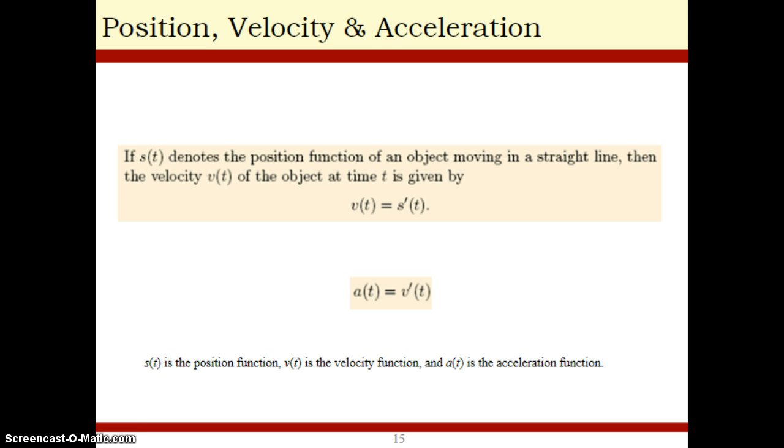Basically, if you have a function such as, I know I keep using this, s of t is equal to 16t squared minus 32t, and this is the position function. If you want to find the instantaneous velocity at a certain point in time of the object somewhere along this function, you take the derivative of s of t. So you say s prime of t is going to give you